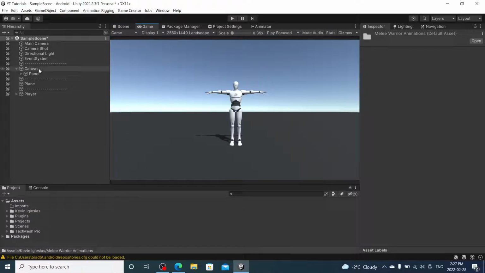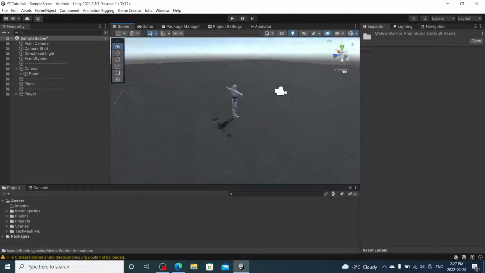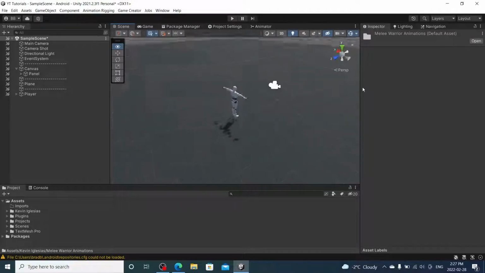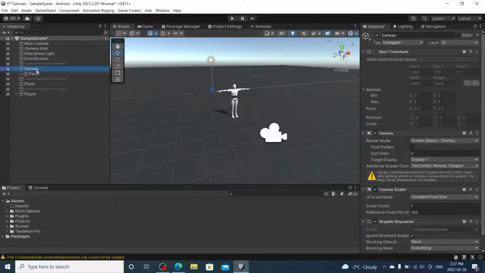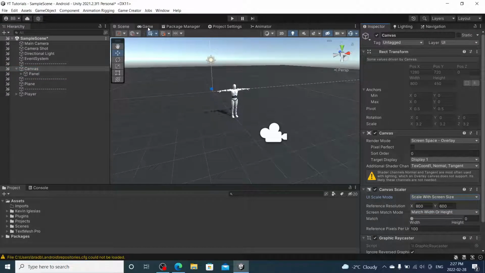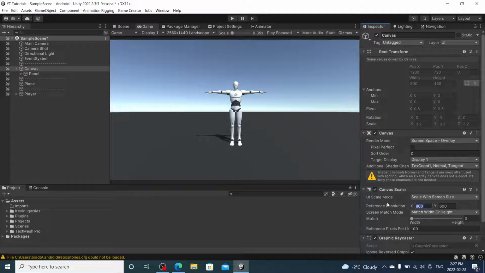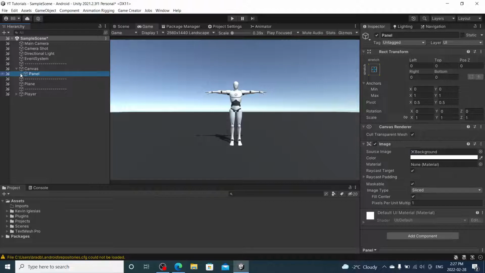So first thing we need, well, we already have our character set up. I assume by now most people know how to set up their characters and their preferred camera views. So after you do that, we're going to create a canvas. We're going to scale it with screen size just to be safe. This should always be a thing. Alright, and that's to my screen size, so you do whatever yours is. Anyways, so got a panel here, and we're just going to create